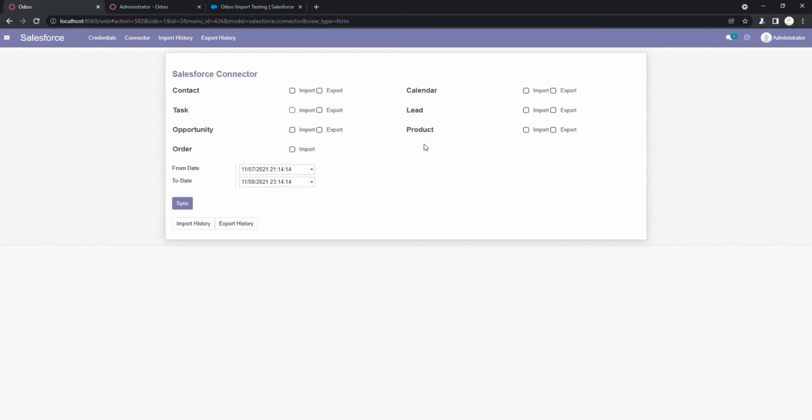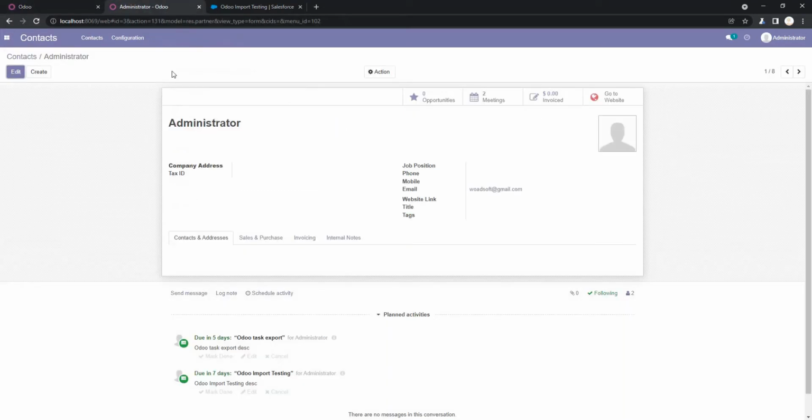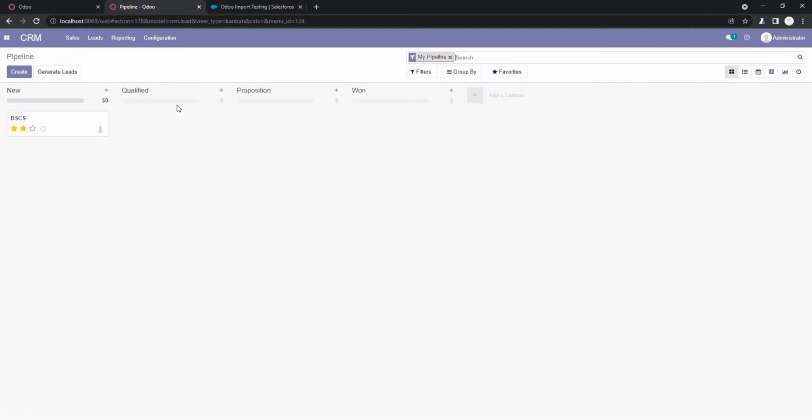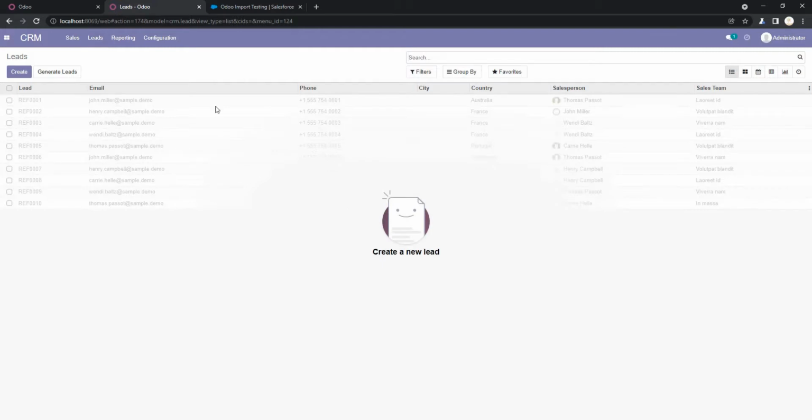Okay, so we move to the next one, so we start with the leads. So I'm going to the CRM module. So here is the menu option named leads. So basically we are going to create a lead that will be used for the export operation.